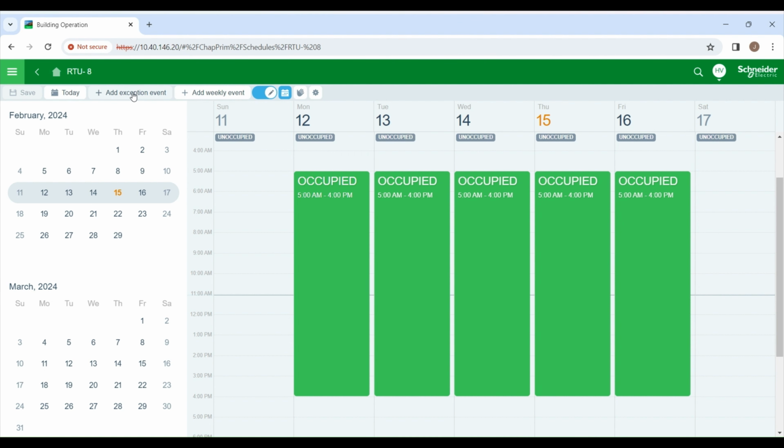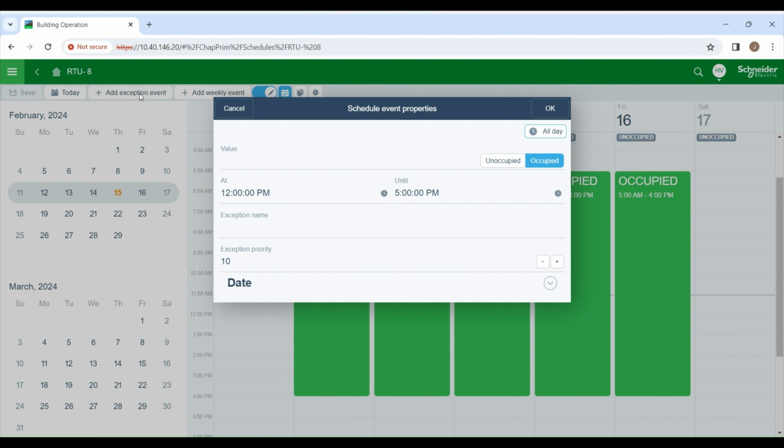You can add exception events. There's an option here, this one here, called an exception. You can go through that and specify a time for the day you're looking at, and choose it to be occupied or unoccupied. So say somebody called you and said, I want to extend my schedule for several hours for that building or for that equipment, on the gym, on the kitchen, and so on. When you do the exception event,